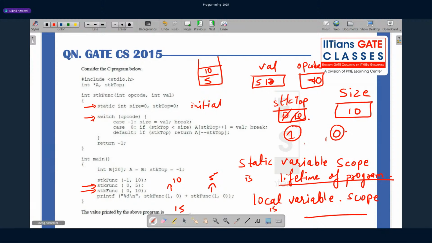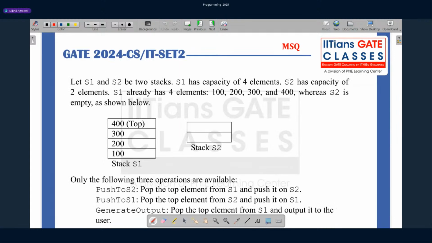Yes, Jiggy, I think you got it correct. It's 15 only. Now this is a very interesting question. It was asked this year in GATE 2024. As you know, this year for GATE Computer Science there were two sets, set 1 and set 2. Set 1 happened in the morning and set 2 in the afternoon, so there were two papers. Data structures had a good amount of coverage, I would say 8 to 10 marks, and including algorithms, 10 to 15 marks. So it's always scoring.